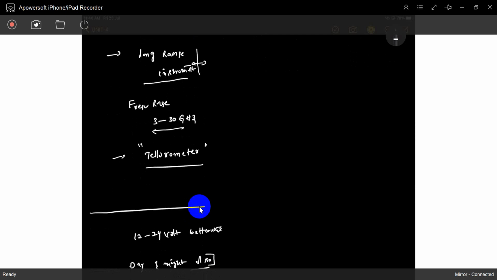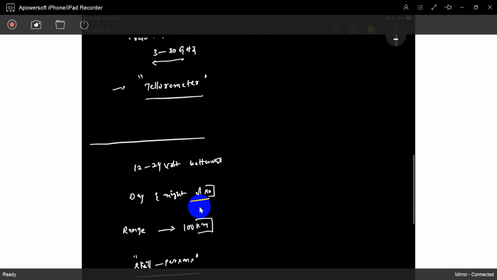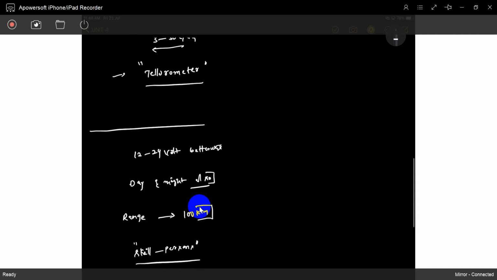These are called tellurometers. Okay. It requires 10 to 24 volt batteries. We can use it day and night also. Range is 100 kilometers. It requires skilled persons. Understood? So next, if you see